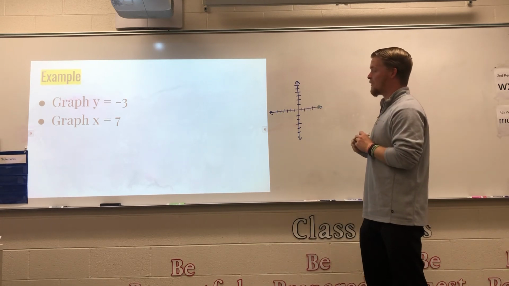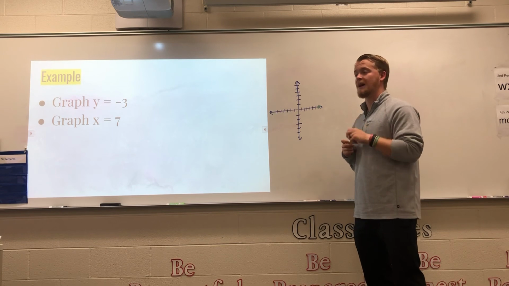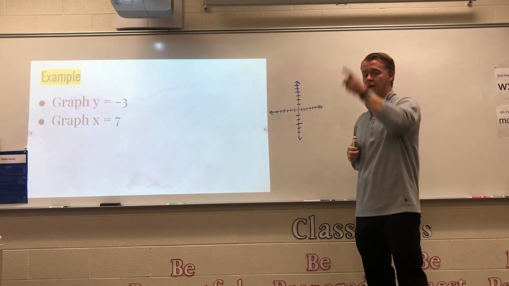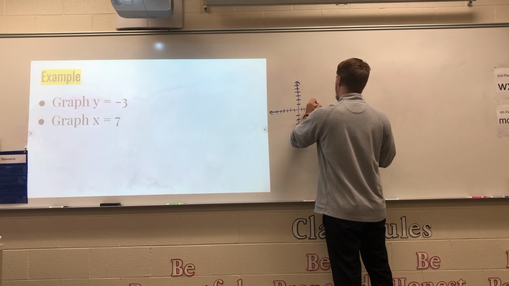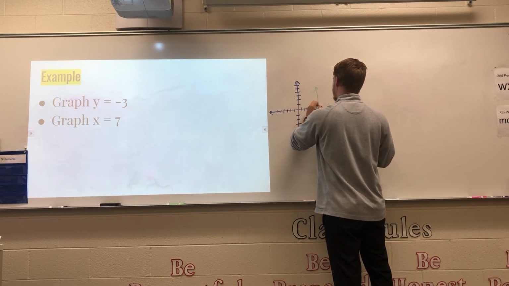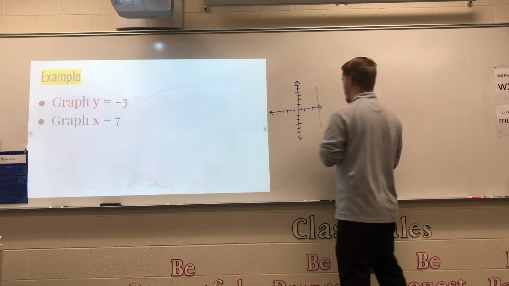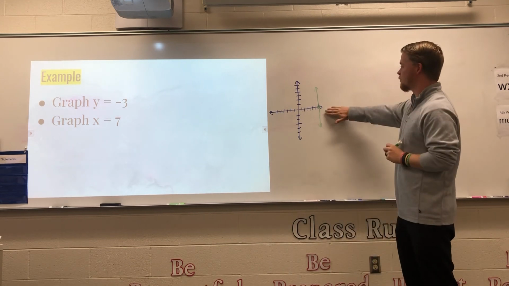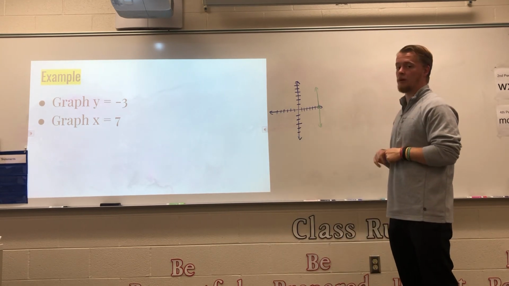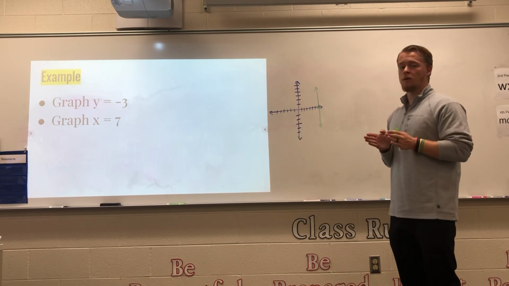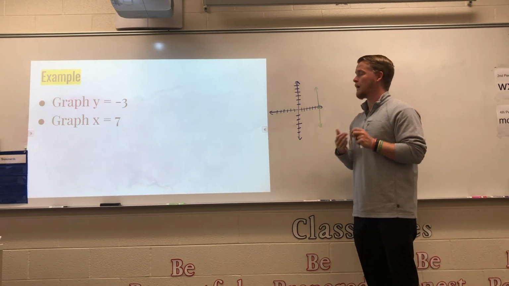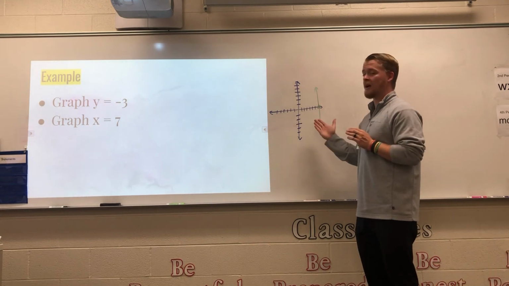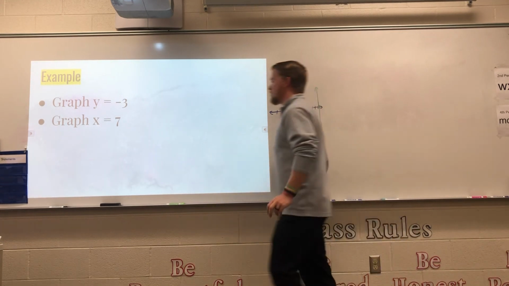And then at 7, if you think back, if it's x equals, you have to make a vertical line. So right there, I have to make a vertical line that looks like this. So this would be the graph that goes with x equals 7. So again, very straightforward directions. It's just a matter of keeping straight whether you're doing horizontal or vertical and whether you're doing the x-axis or y-axis. Okay, so using that idea,